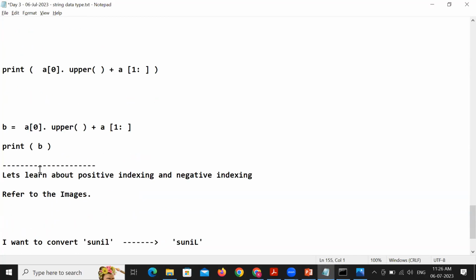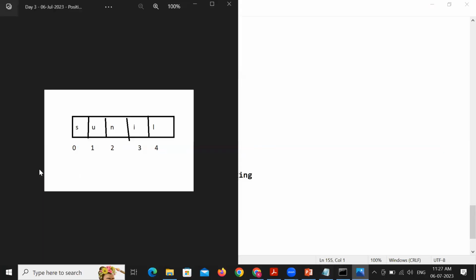So this is about positive indexing. I have explained about indexing. Index number starts with 0, and every specific character you can access by using its index. In Python, there is a concept of negative indexing. What is negative indexing? We'll discuss now. Before moving on,